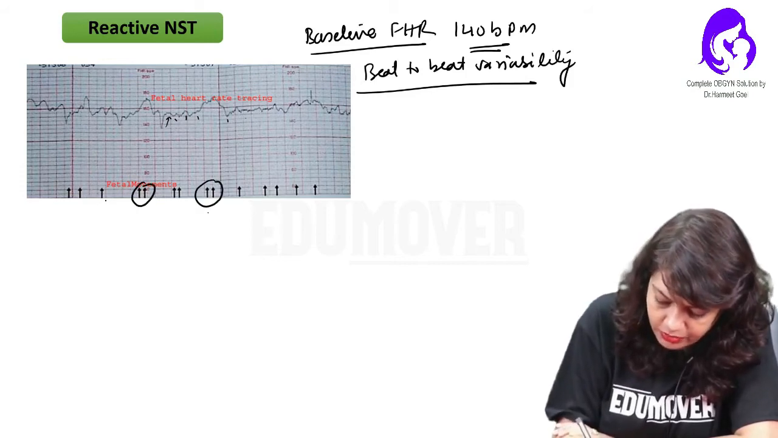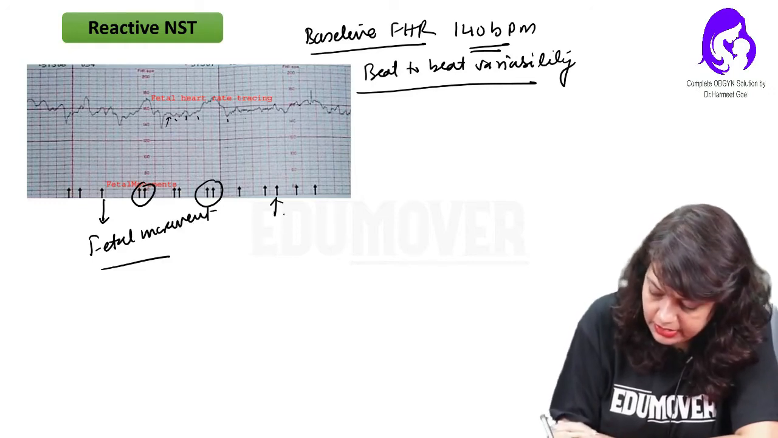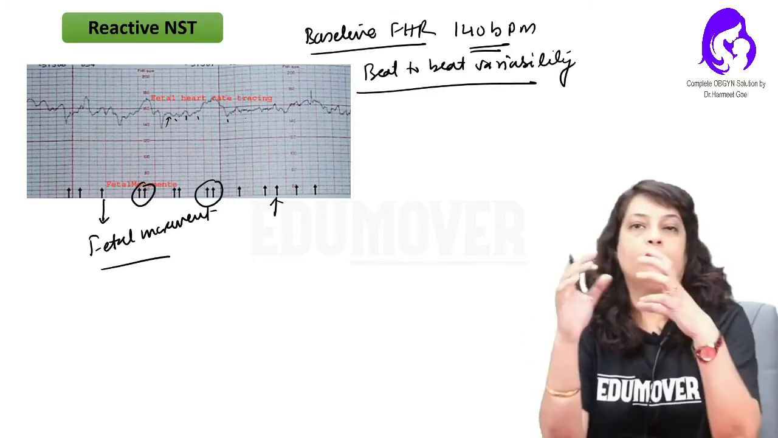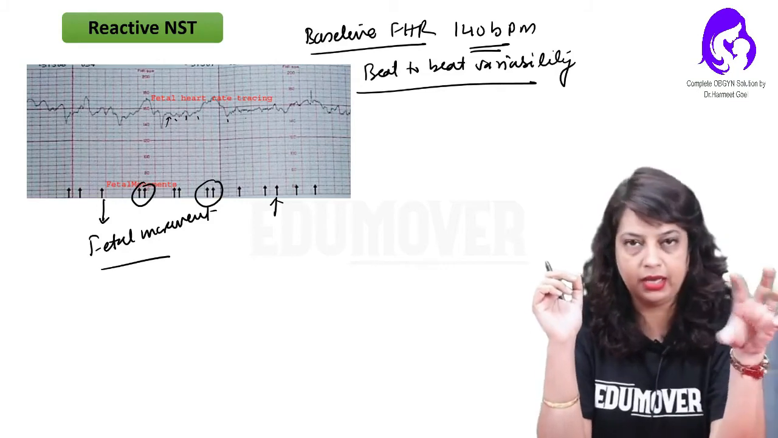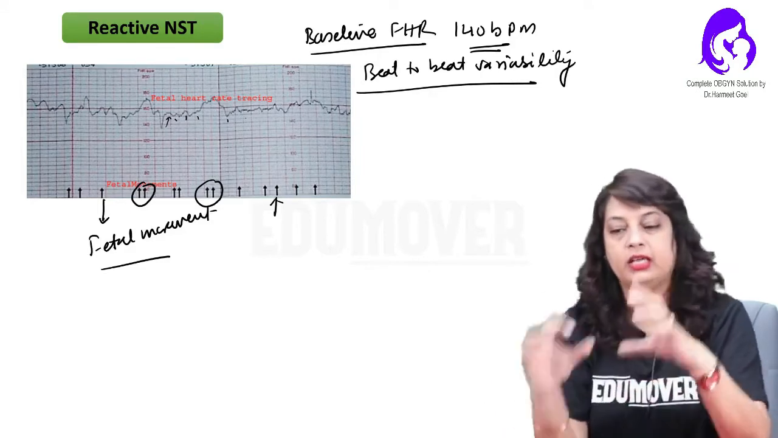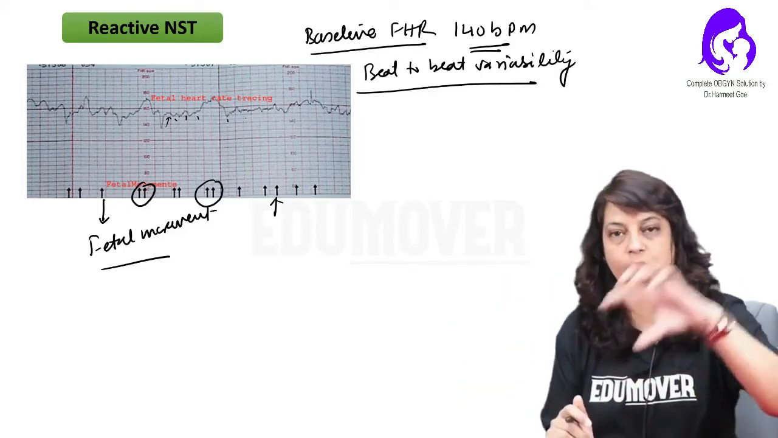These arrows which are marked, this is fetal movement. That is, there is an NST machine which is connected to the electricity. Then there is a graph paper which is recording the fetal heart rate. Then there is a belt which is tied to the abdomen of the pregnant lady, and normally when you switch